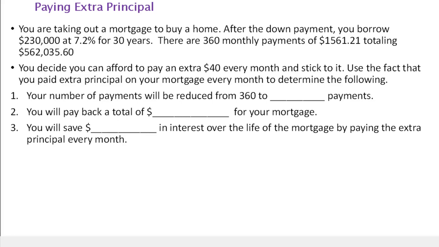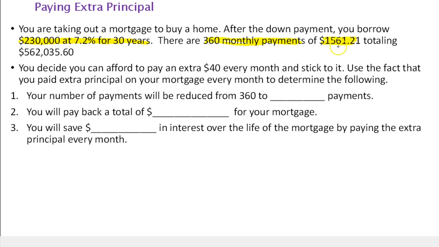In this video, we're going to look at the effect of paying extra principal on a mortgage or a loan. So you are taking out a mortgage to buy a home. After the down payment, you borrow $230,000 at 7.2% for 30 years. So 30 years is 360 monthly payments, and the cost of the payments are already evaluated for you, so you